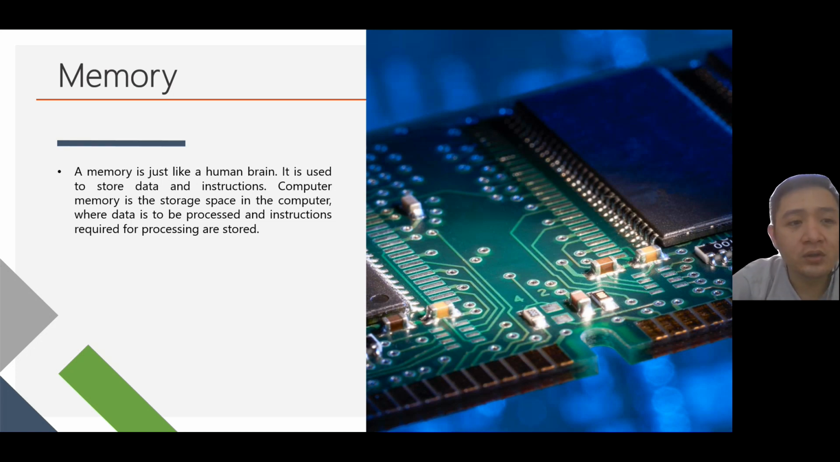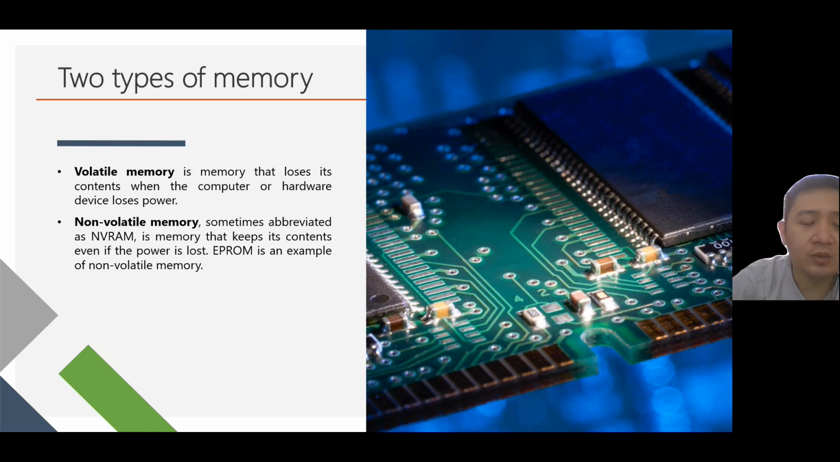So it is used to store data and instruction. As computer memory, it has a separate space to store that particular instructions, that particular data to the computer. Para alam ni computer saan ko kukunin at anong gagawin kong proseso para dito. And to end our discussion for today, we have what we call the two types of memory. We have what we call the volatile and the non-volatile memory. Volatile memory is memory that is temporary because it loses the content when the computer or hardware devices is being turned off. While we have what we call the non-volatile memory, which is